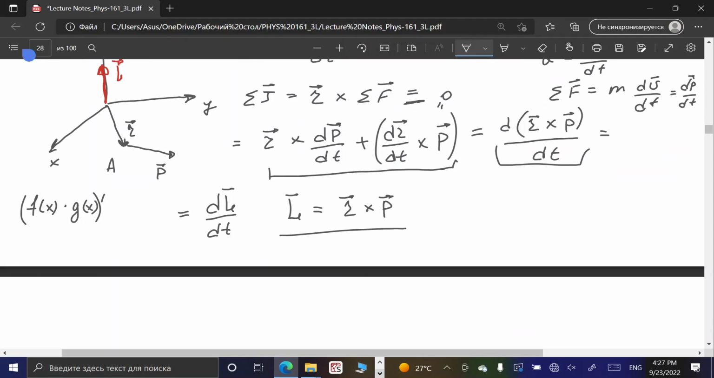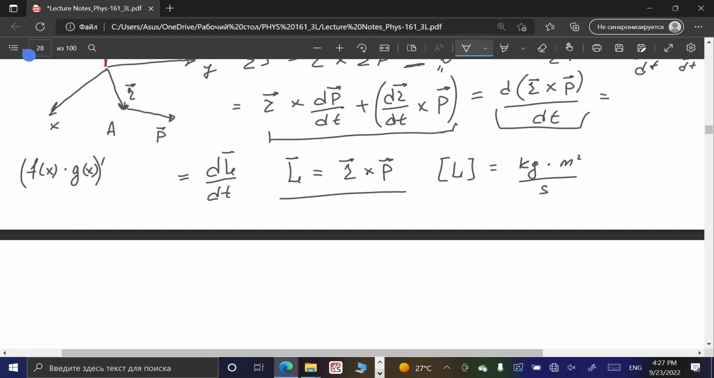So units for angular momentum will be kilograms times meter squared over second. What is also necessary to highlight is that we see here,